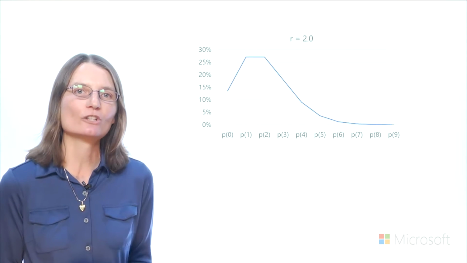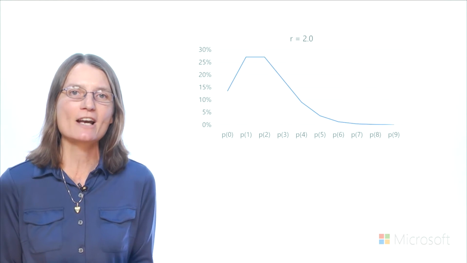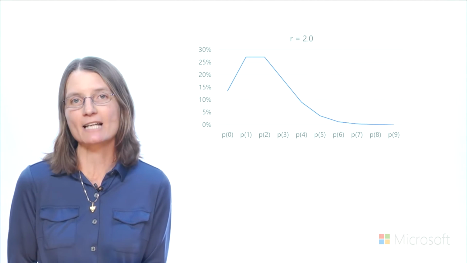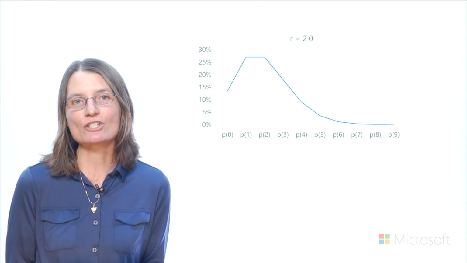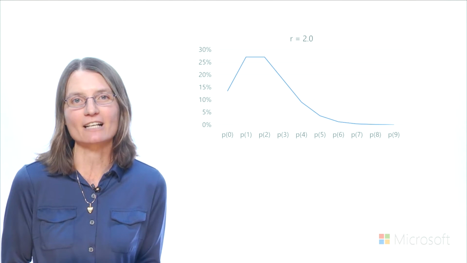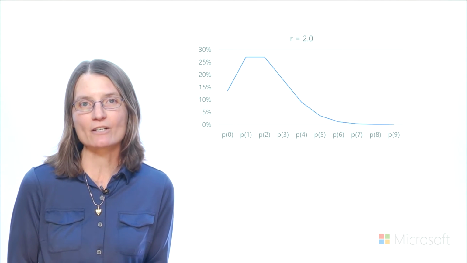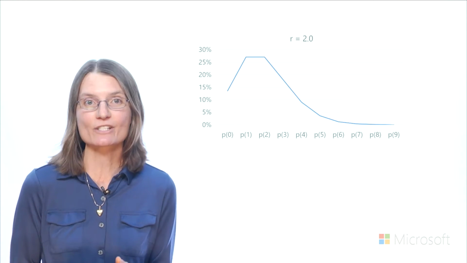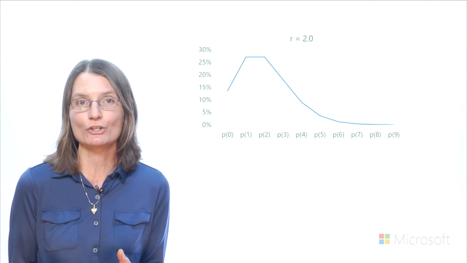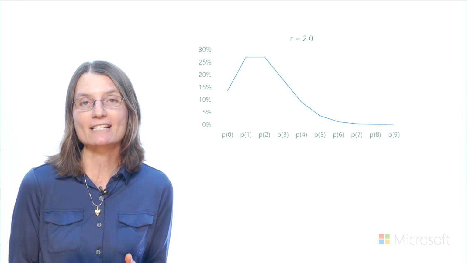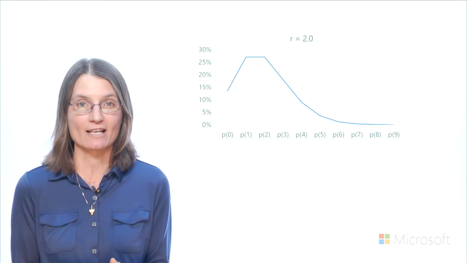Let's take a closer look at a distribution for something that occurs on average 2 times in a specified time period. For example, a machine generates on average 2 defective parts every day. You will see that the probability of 3 defective parts on a particular day is 18%, while the probability of 1 or 2 defective parts occurring is actually the same, at about 27% each.